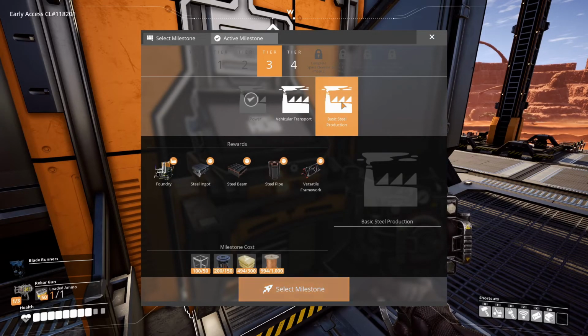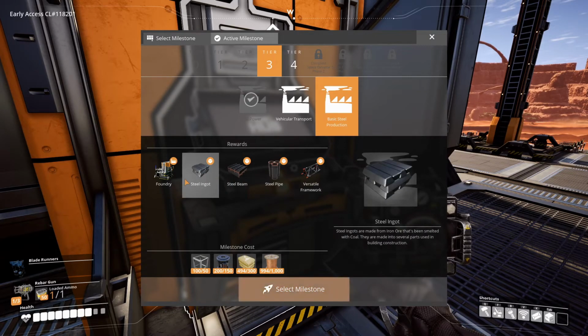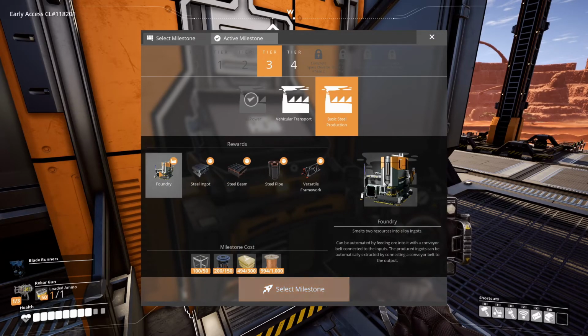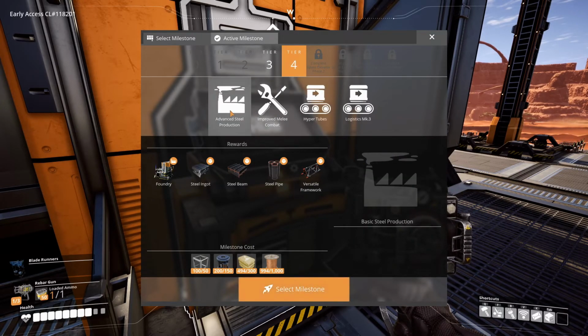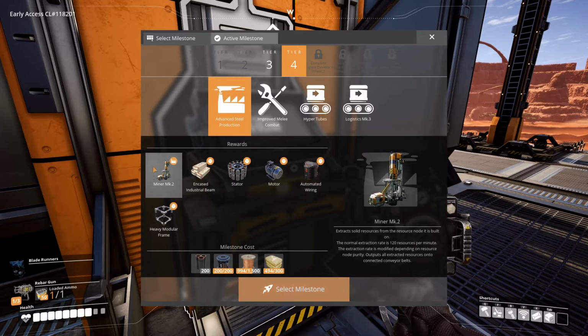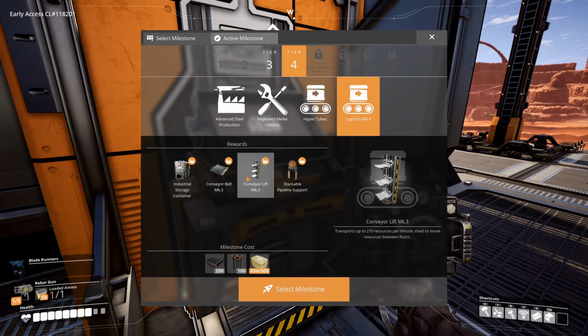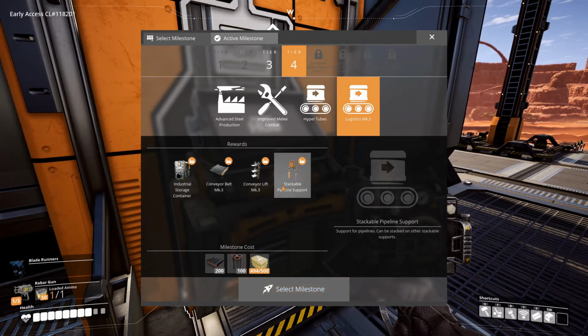working on steel. And as you can see, I've got pretty much everything I need. I'll get a little bit more wire, but steel unlocks quite a few things. Number one, obviously the steel products, the foundry to make the steel products, but what that will allow us to do later on. If we go up here to tier 4, in advanced steel production, you see Mark II miners, you see logistics Mark III, which takes those steel products, but that gets you Mark III belts and lifts, industrial storage containers, huge stuff, pipeline, stackable pipeline supports. These are the things that we need to really get started on the main factory that we're going